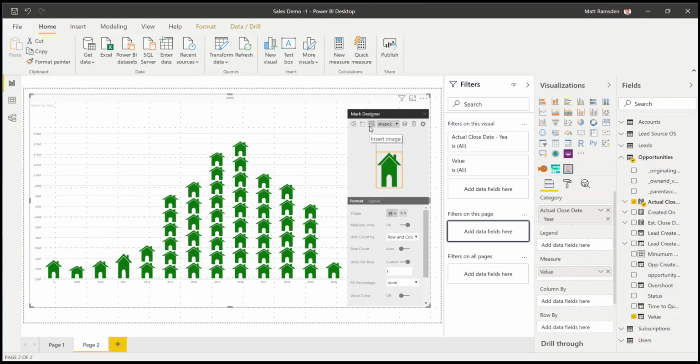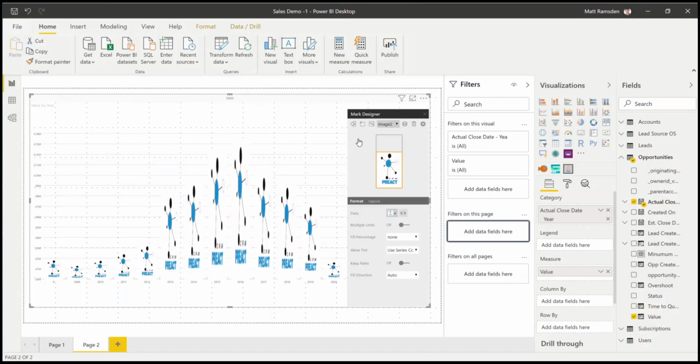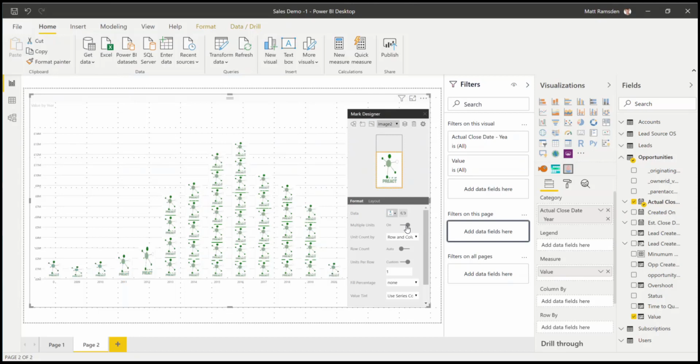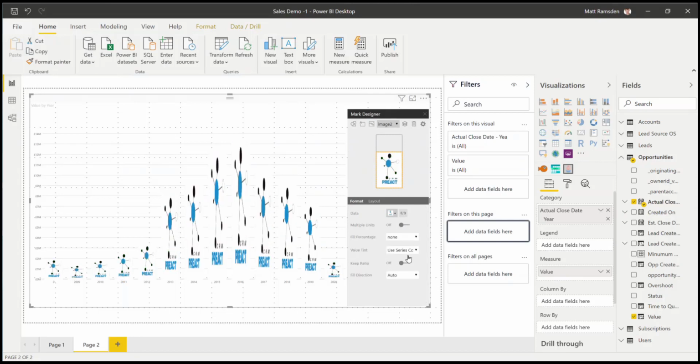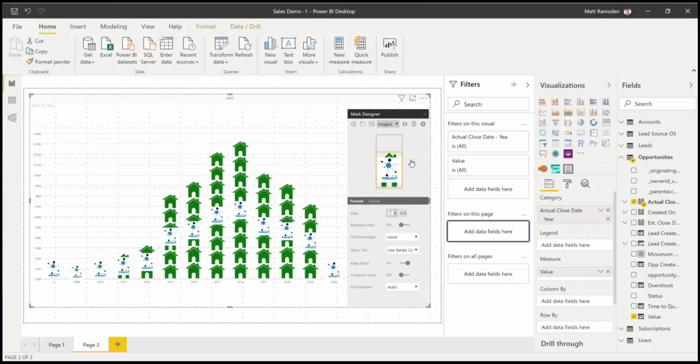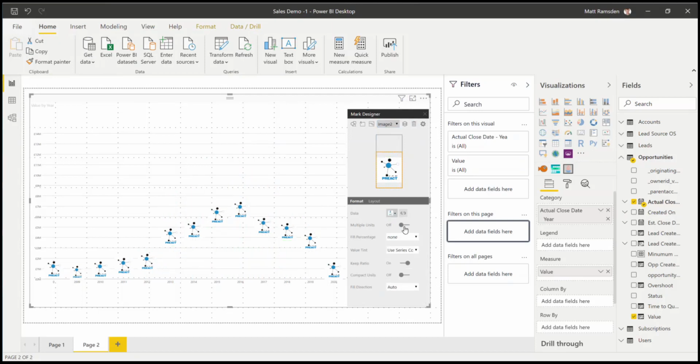Now these, again, aren't limited to just items that are part of this designer. I could, if I wanted to, insert an image and upload it. So if I upload this Preact logo that we've got, and then I want to use that, so it's stretched out a little bit, and we switch on to multiple units, it then goes as you would want it to. So if I change that and keep the ratio, if I get rid of that other one,